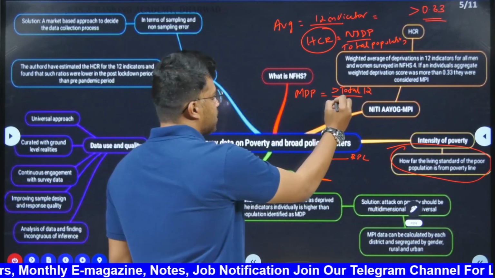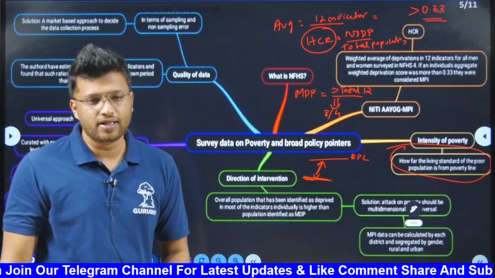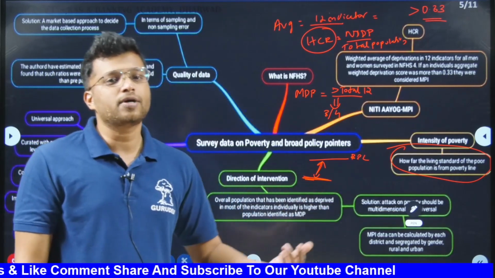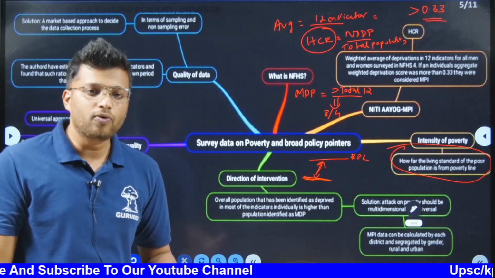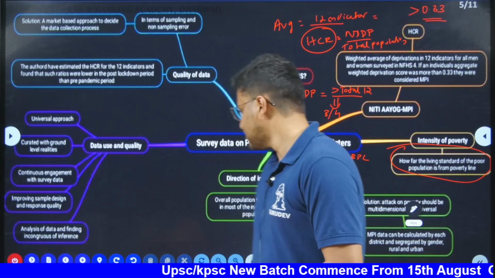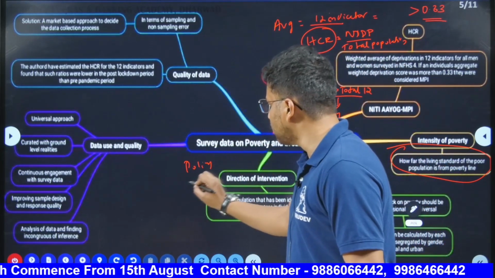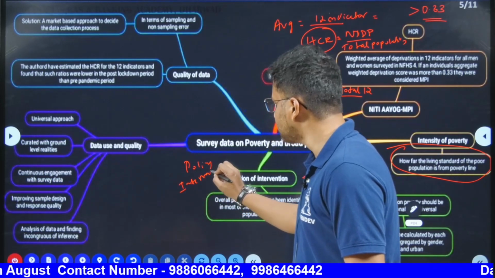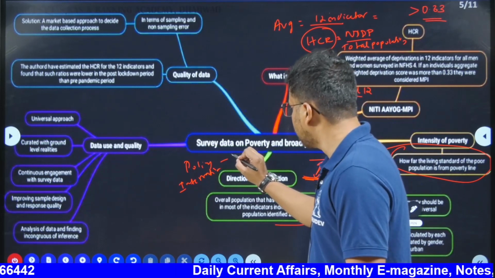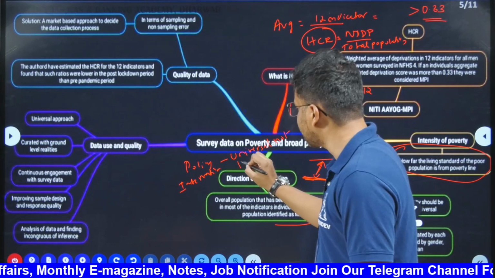But what about some people who are struggling in 3 or 4 indicators? They are not considered when the policy interventions are being done. When policies are designed, they are designed mainly for the poorest of the poor and not for people who are also poor in some of the aspects here. So what the author is telling is that when you have some policy intervention regarding poverty, it has to be universal and not directed.